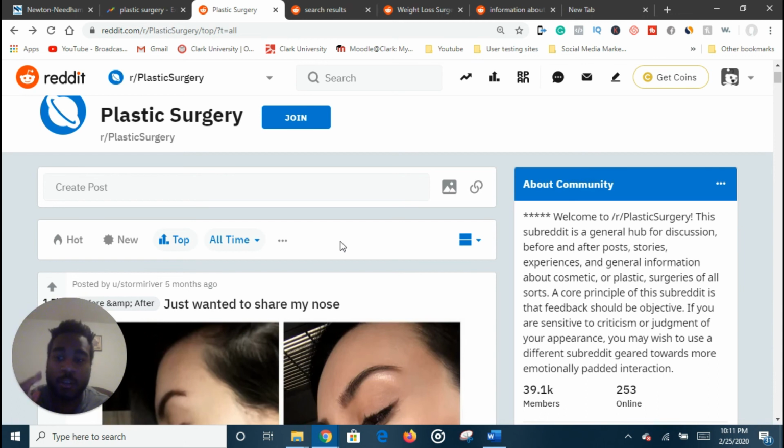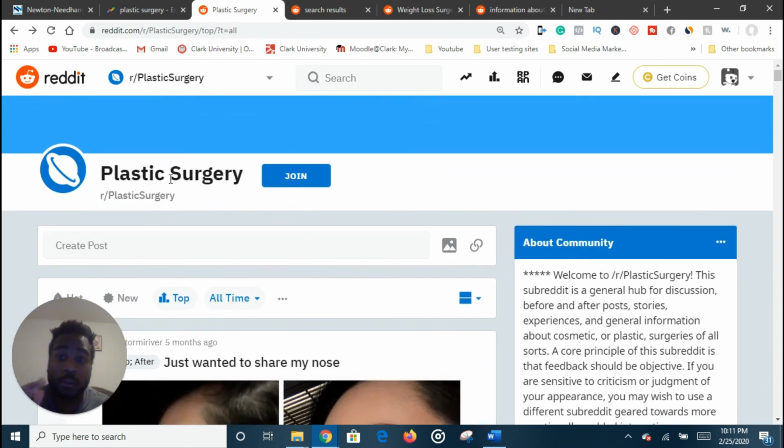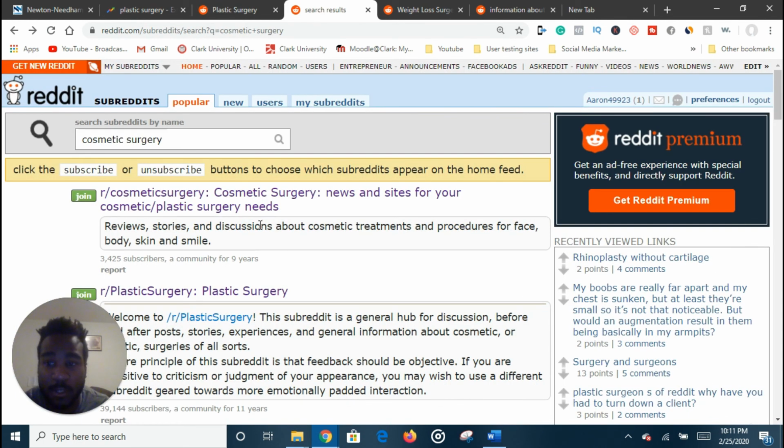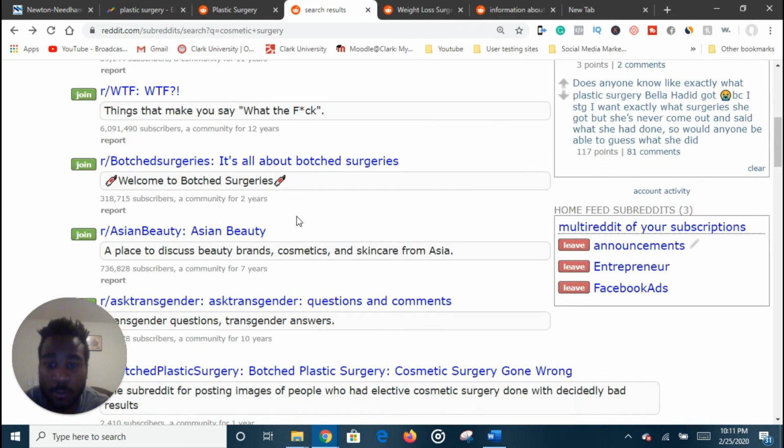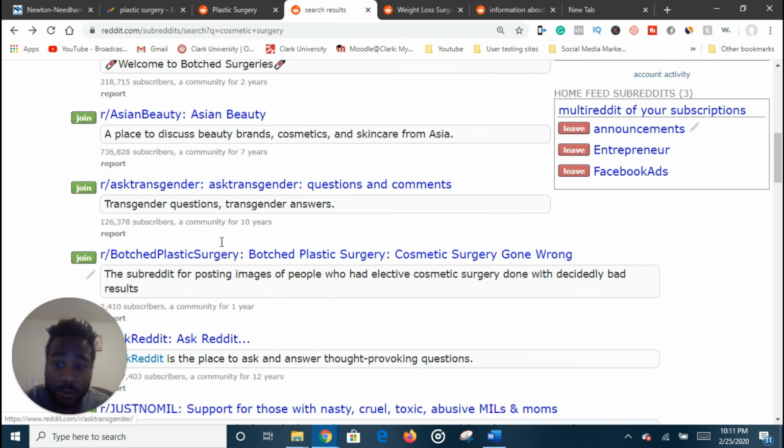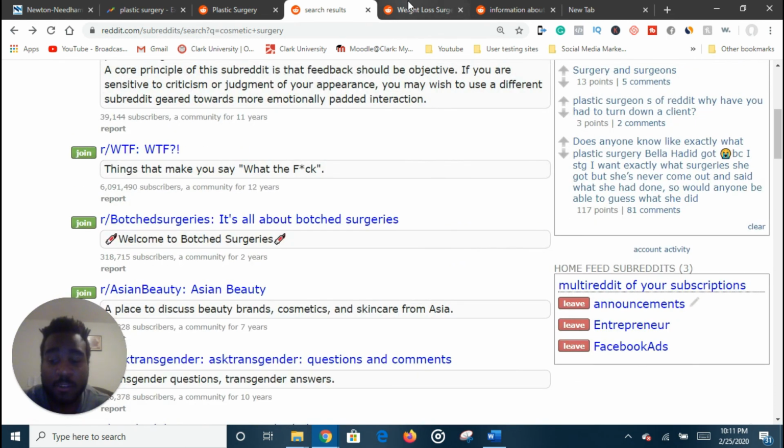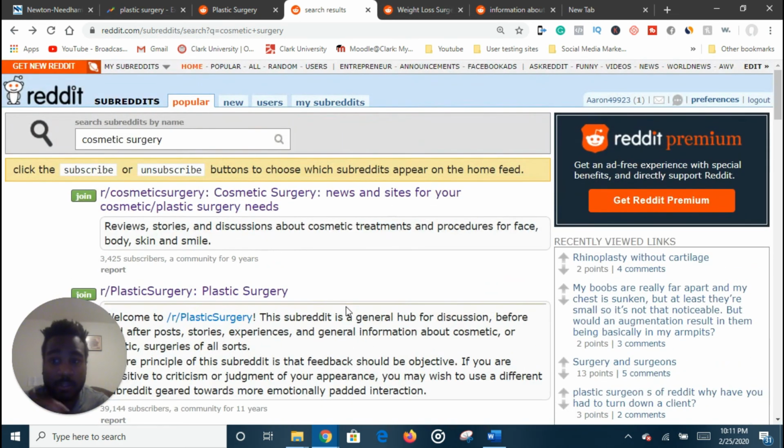So overall, just go onto Reddit, go onto a sub niche, and make sure you go on multiple sub niches. So just type in cosmetic surgery here, and then you can see multiple different surgeries. You can look at what people are talking about in terms of beauty, transgender, botched plastic surgery if you want to laugh. So you can tell them what we don't do and stuff like that. And then make sure you go on these different subreddits and see what they're posting about and what they're talking about